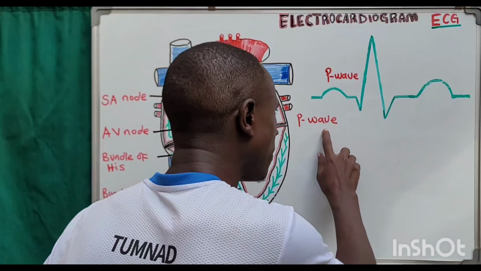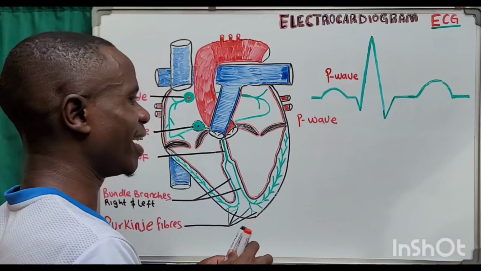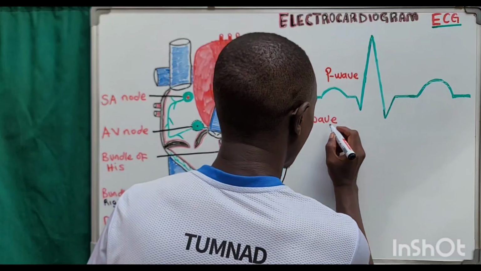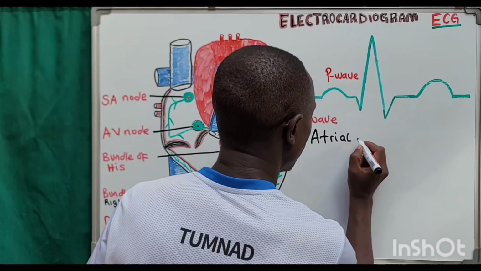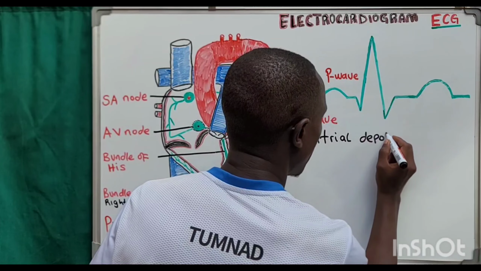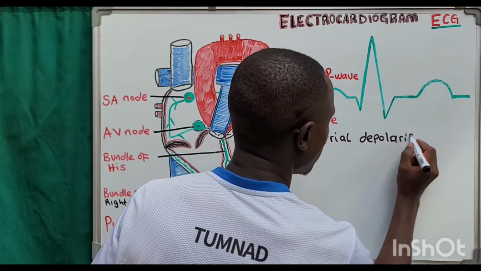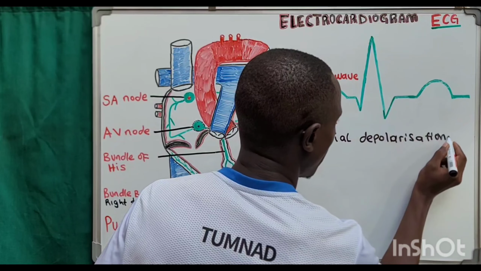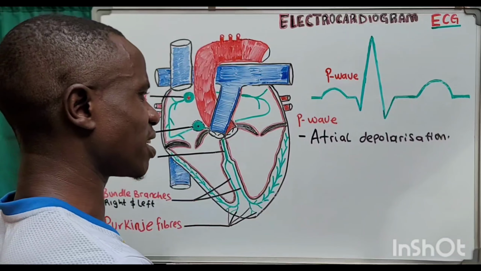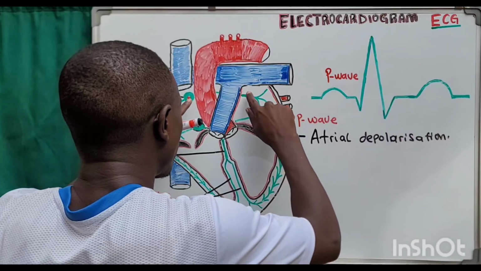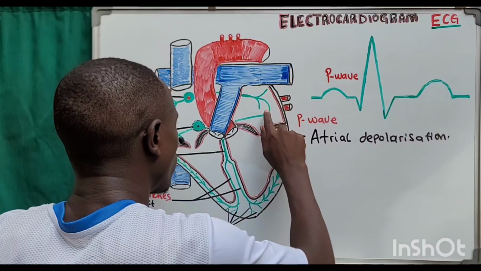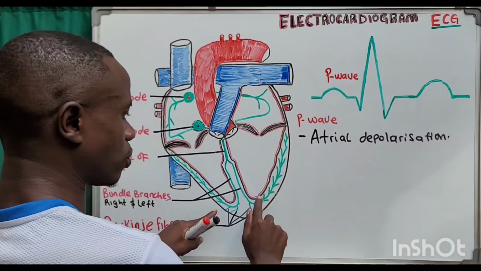So now when we see a P wave on a normal ECG, it denotes what we call atrial depolarization. Okay, atrial depolarization. That's the significance of the P wave. Now, when these electrical impulses move throughout the atria, they don't cross to the